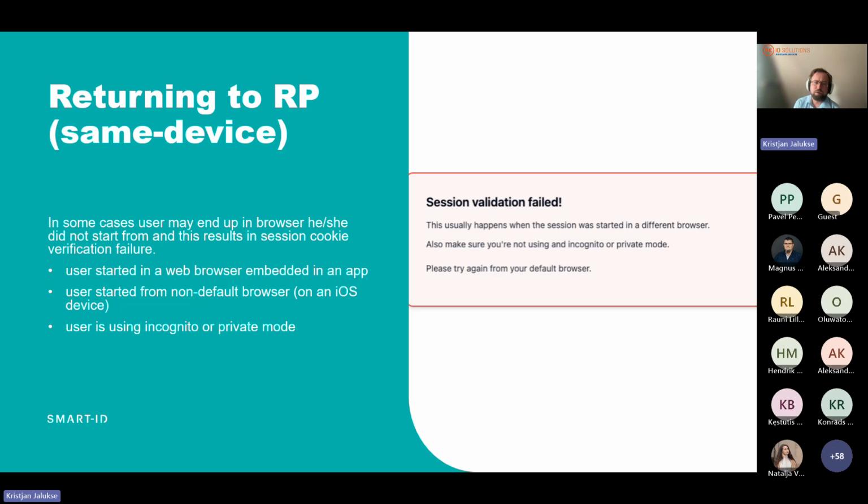What could go wrong when the user is returning back from the app? As mentioned, this session validation part is very crucial and needs to be done correctly. Still, there are cases where this validation might fail, not due to the wrong implementation, but due to other things. For example, as mentioned earlier,